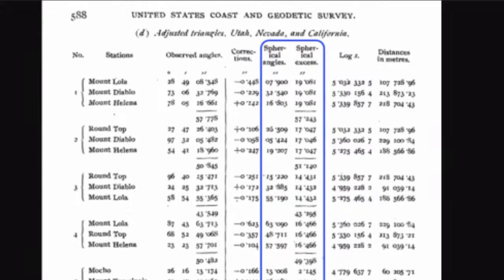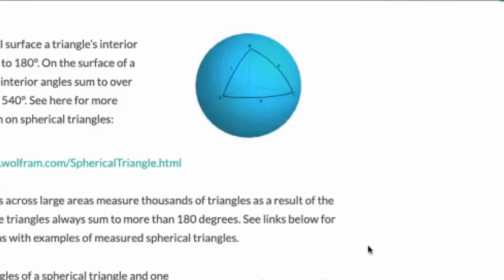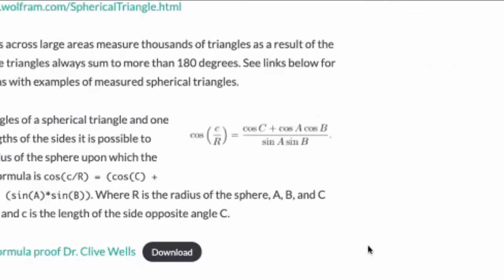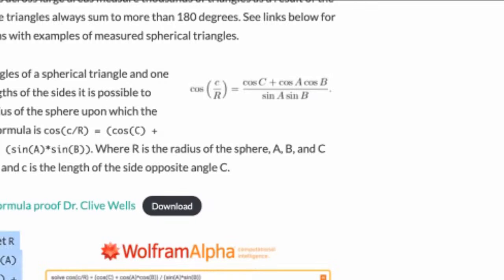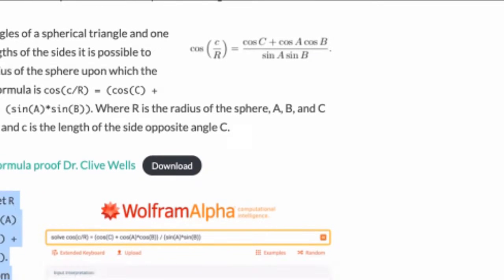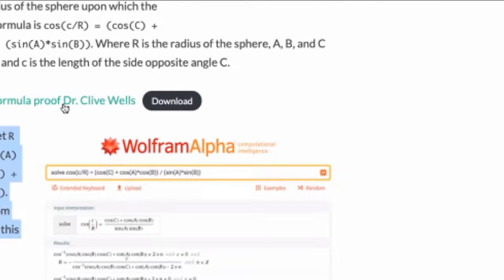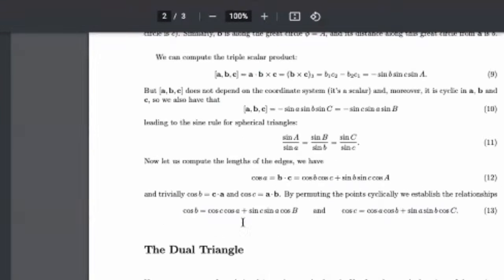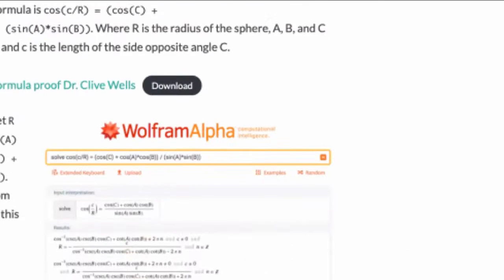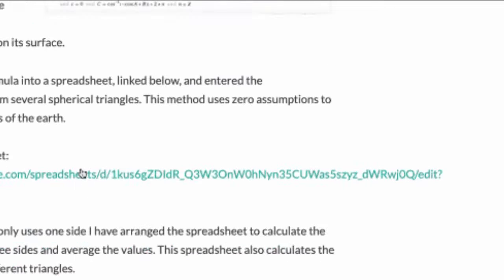Now, is the spherical excess changing? So like maybe it's not spherical, but instead it's somehow a goofy shape. It's all lumpy and stuff like that. We can then do some trig on that, right? So if you see right here, solving for r, I did a little bit of math. I'm not going to get into it. It's all laid out on my website here, mctune.net/SE, including a mathematical proof by the good Dr. Clive Wells. If you want to look at that, there you go, a little taste of some of the math proof he did there.